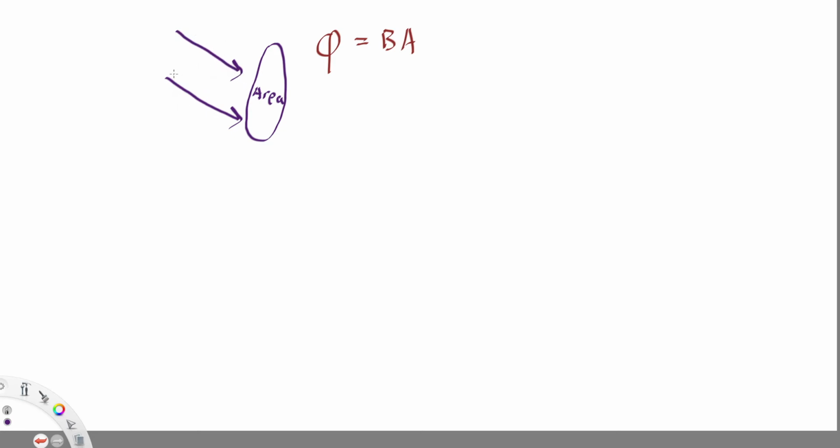We can split it into one part that is going parallel to the surface of this loop, and one that's going perpendicular to the surface of the loop. But for historical reasons, we don't want to think about parallel or perpendicular to the plane of the loop. Instead,